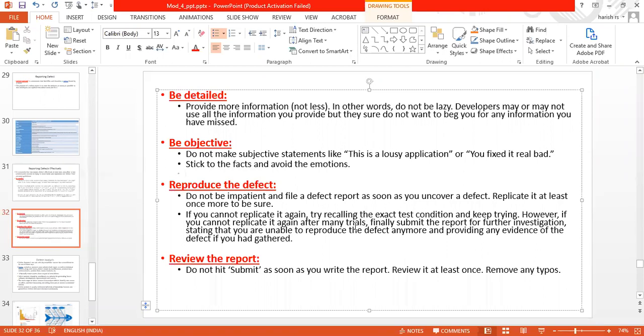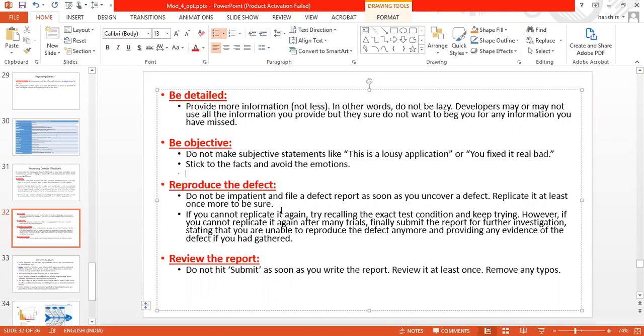Now the development team has to see whether that is a defect or not. So he tries to reproduce the defect. When he's reading the report, the same defect has to be reproduced again in that particular product. So you should write a document in such a way that he can reproduce the same defect again.